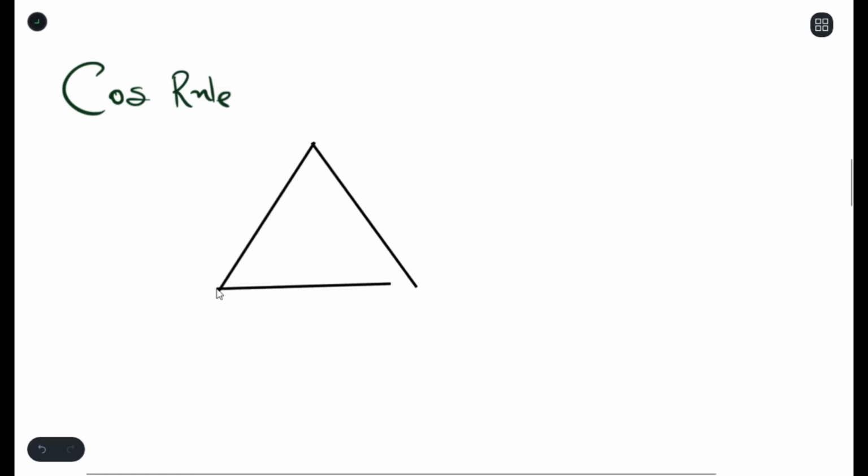So next up, we'll be talking about the cosine rule. Now, the cosine rule starts with a triangle, like we talked about. Just like the previous one, we're still going to use our same A, B, C, and that is also A, that is small b, and that is small c. The formula for the cosine rule says that